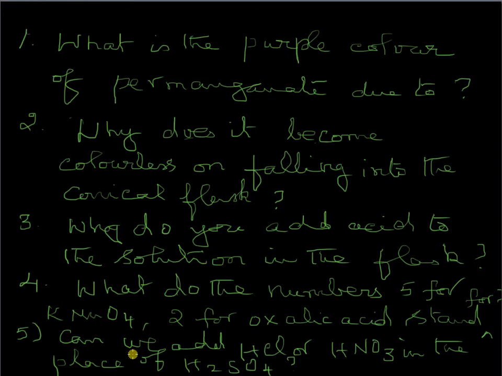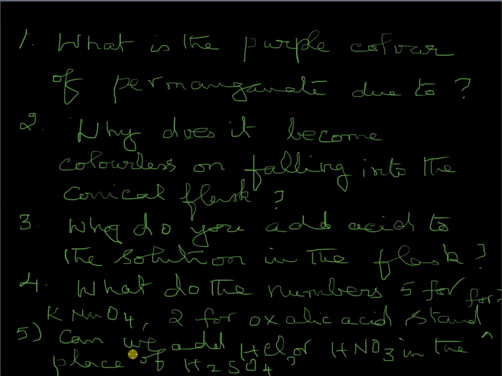Now, I am going to spend a few minutes on the practical side of the redox reaction of permanganate. See, there are a few questions on the screen. Read the questions. These are the questions you could have faced or you would be facing in the Viva during the practical examination. Also, this knowledge is essential for you when you do these titrations. First question, what is the purple color of permanganate due to?